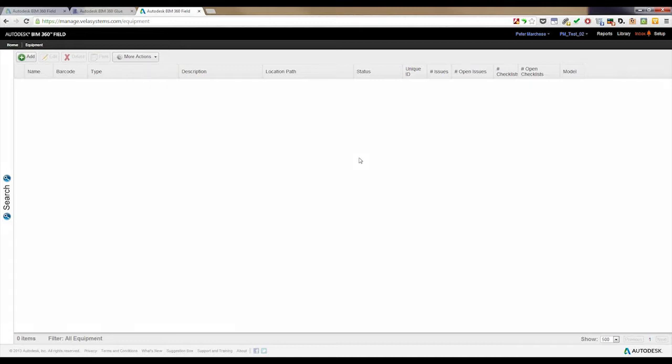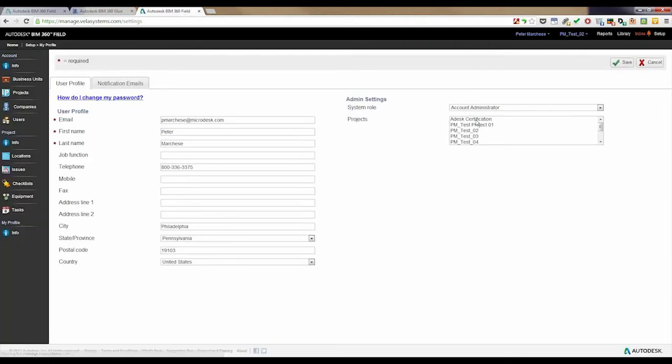Now, that's if I am not going to coordinate with anything from, say, Revit or Navisworks. If I am going to coordinate with those tools, though, I need to do a little bit of setup first. So for that, I'm going to go into Setup. From there, I'm going to be looking at my project, and I can look at my equipment and my library. Those are the two things I'm going to be working with. So first, I'm going to look at my library,